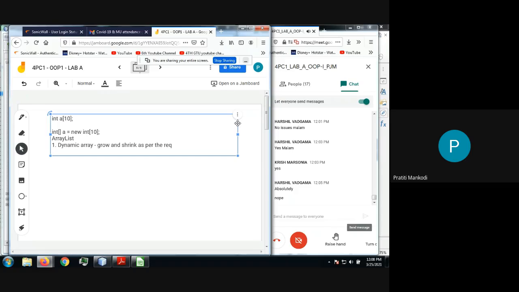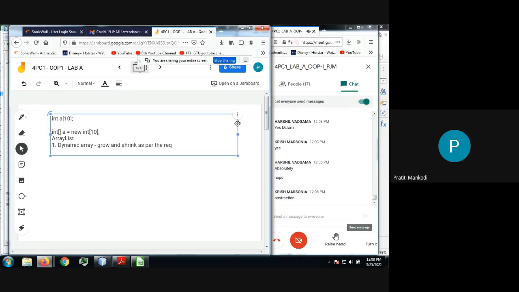So what is the concept behind the list? Can anyone tell me? One of the OOP concepts is achieved by this, which is that I am only concerned with what I should be, right? How the size of the array is growing, how the size is shrinking, I am least concerned. Great, Krish, very good.